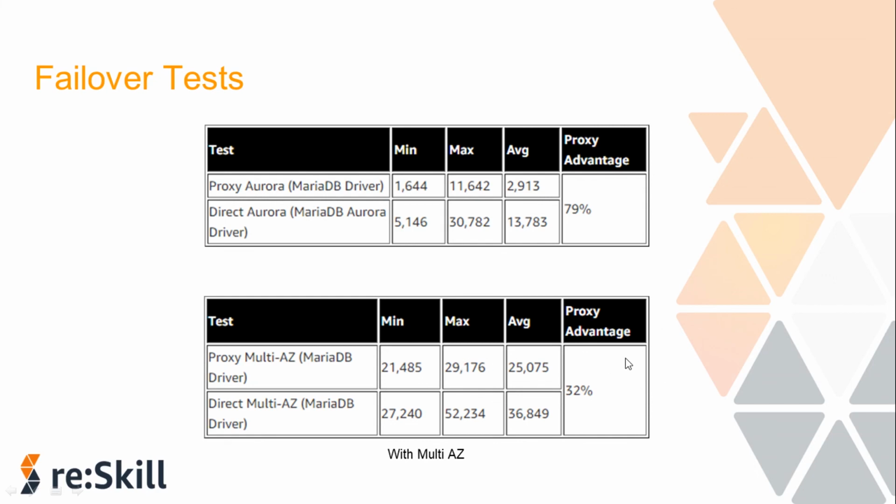The results from the second table show that RDS proxy reduces the client recovery time after failover by up to 79% for Amazon Aurora MySQL and by up to 32% for Amazon RDS for MySQL with multi-AZ. It also works equally well with different client drivers without requiring special client logic, and actively monitors each database, including for all the unplanned failovers as well.